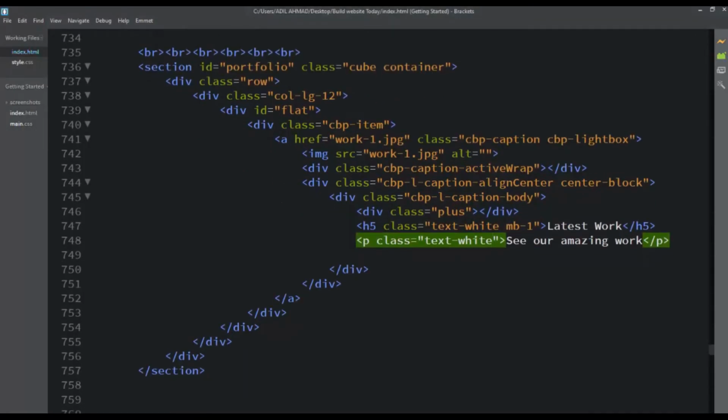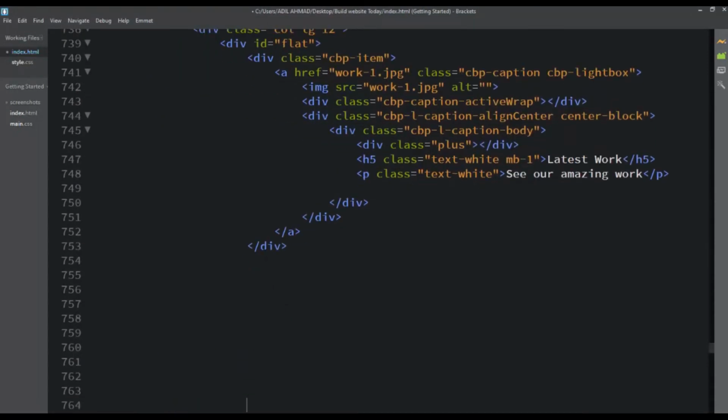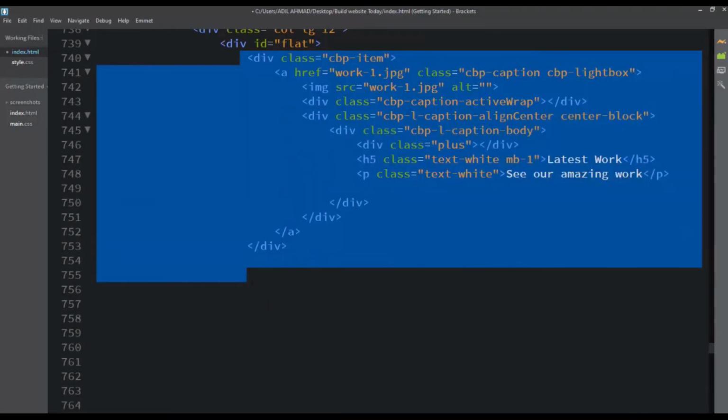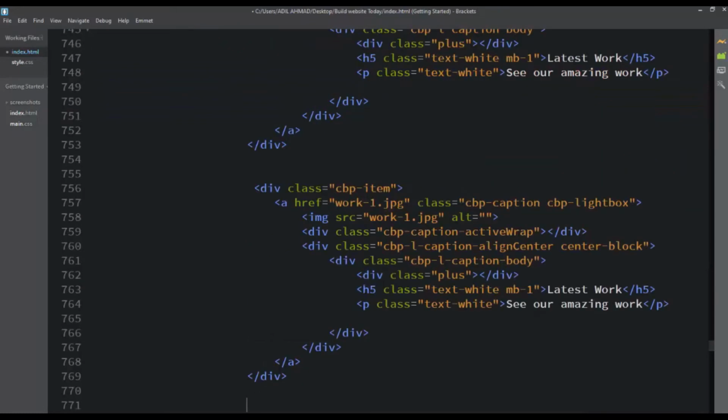Here you can see we have the cbp-item. Make sure to copy this whole cbp-item from here to here. Let's select it, copy it, and paste it here. Now we'll change its image name. This time I'm going to change the image name like